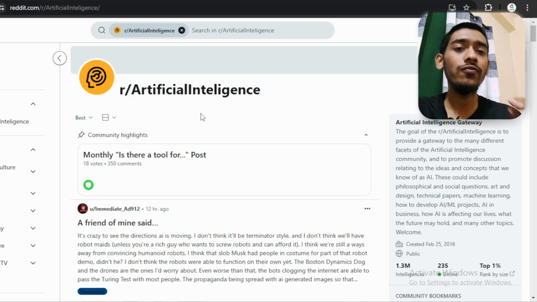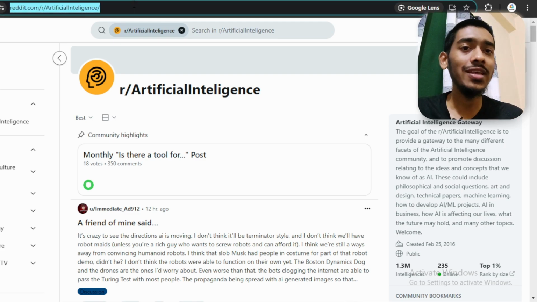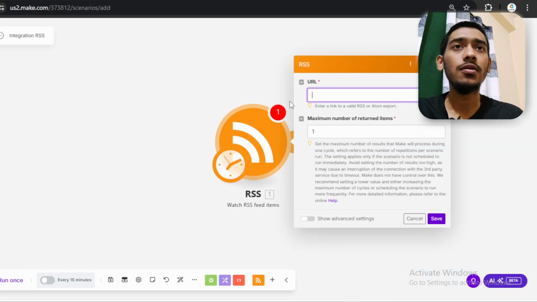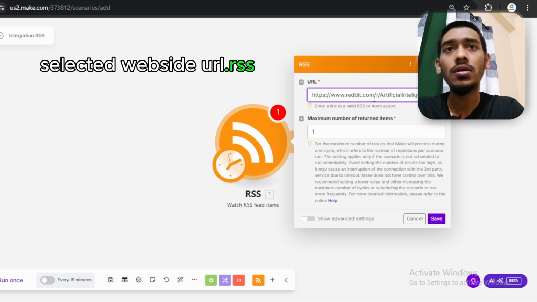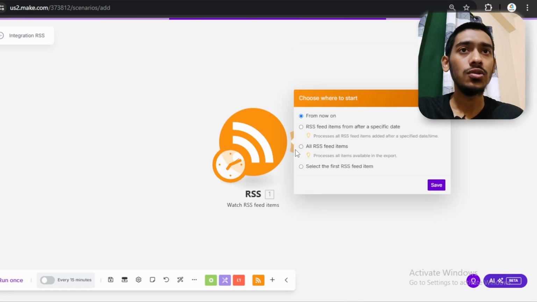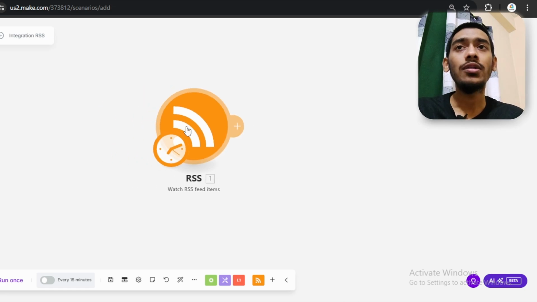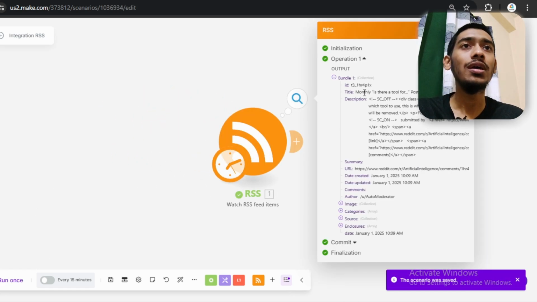What you have to do is go to the top, press Ctrl+C to copy the URL, then come to this module, give the URL, and after that add .rss. So now it's converted to an RSS URL, so I'm going with save. Then I'm going with all RSS feed items. If I just show you that right now, if I go with run once, it is now coming